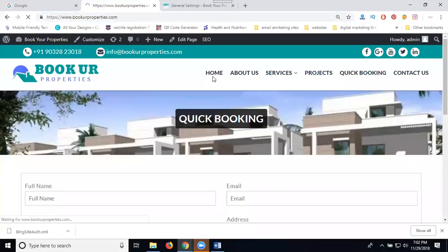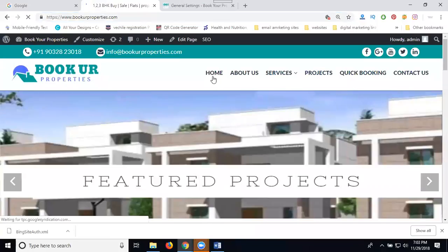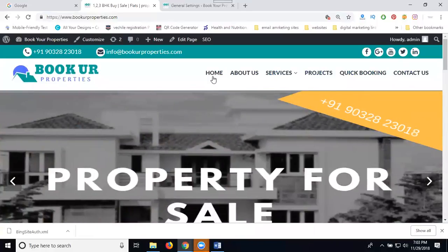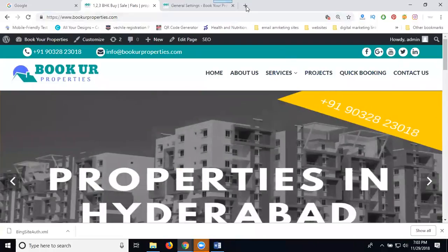So this is our site. People are asking the question: how do I index my website on search engines? At a time, multiple search engines. Please write down